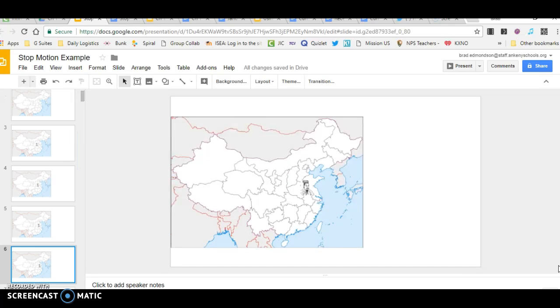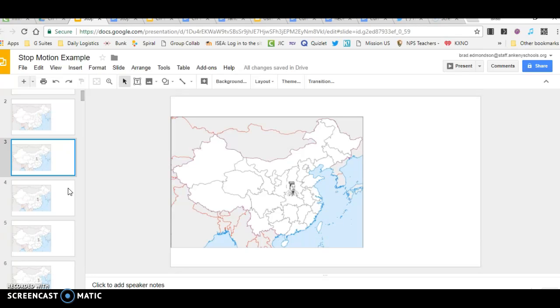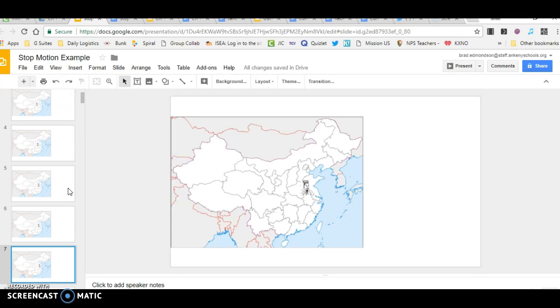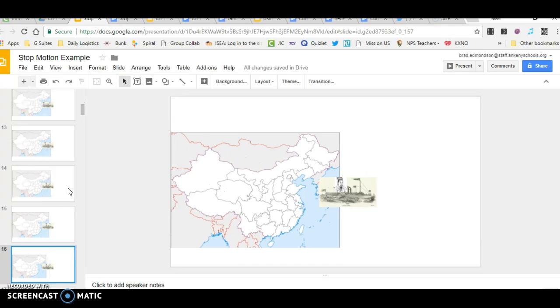But you want to put them in, and then all you're going to do is create a slide, let's say like this one, and if I want to move Wing Sue again, I'm just going to duplicate that slide, and on the second one, I just drag him a little bit closer to the water because that's where he's headed. So if you were to look at these in really slow motion, there he is, and he's moving a little closer to the water. That's all it is. And then all of a sudden the boat shows up, and I move him slide by slide, just slightly on top of the boat until he's fully on board, and now we're going to start sailing